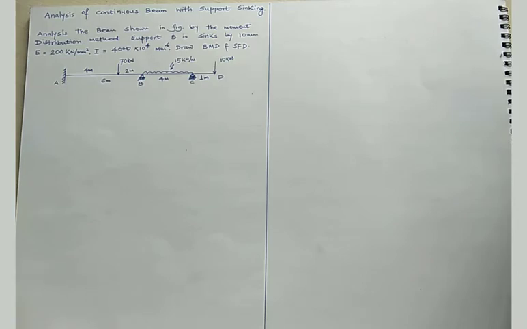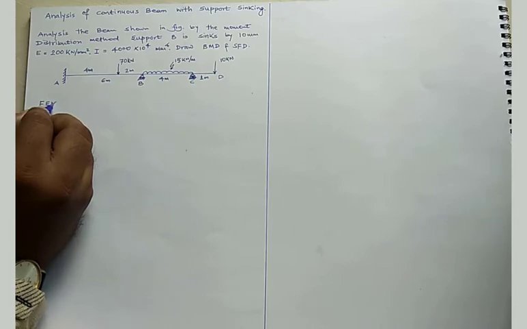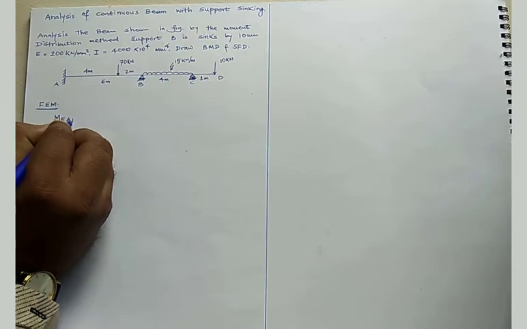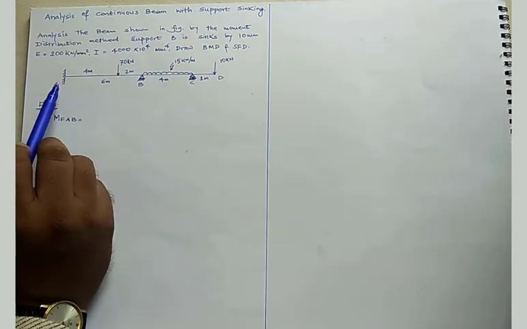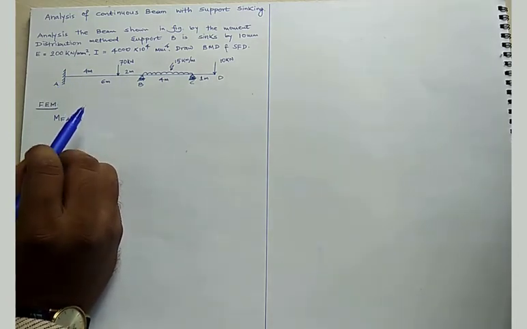So in the analysis of this continuous beam by the moment distribution method, the first step is to calculate the fixed end moment. Initially we have to calculate the fixed end moment for the given loading, and then the fixed end moment due to the sinking support, and then we sum up these values. So directly we will calculate the fixed end moment with both conditions. So for fixed end moment, MFAB will be due to the external loading as well as due to the sinking support.